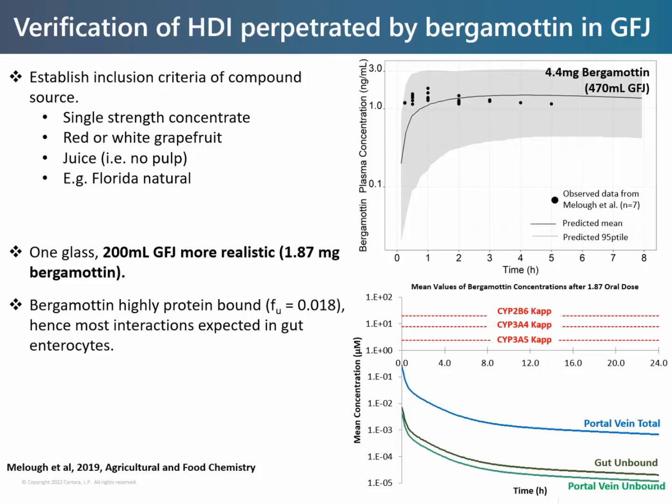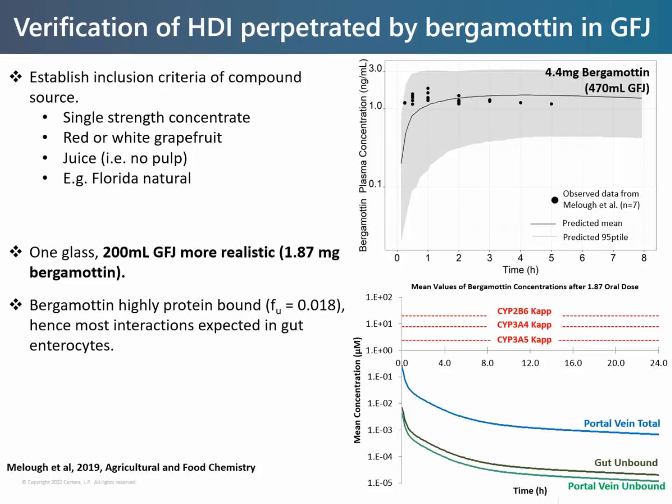What's also important to note is that for this particular study, they used almost half a liter of grapefruit juice, which isn't really realistic in terms of medication scenarios with certain drugs. So a more realistic exposure would be 200 milliliters of grapefruit juice, which is a little bit less than a full cup. And this would translate to 1.87 milligrams of bergamottin. Now, based on this particular exposure, you can see the predicted concentration time profile here